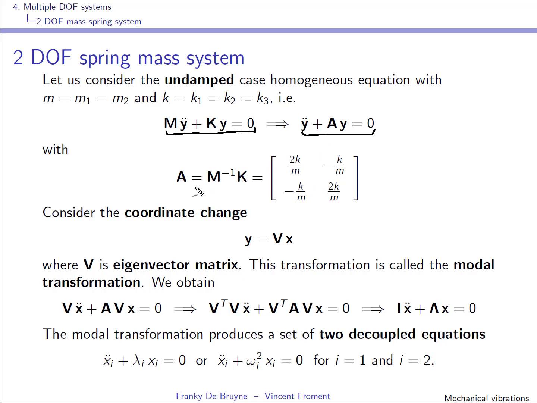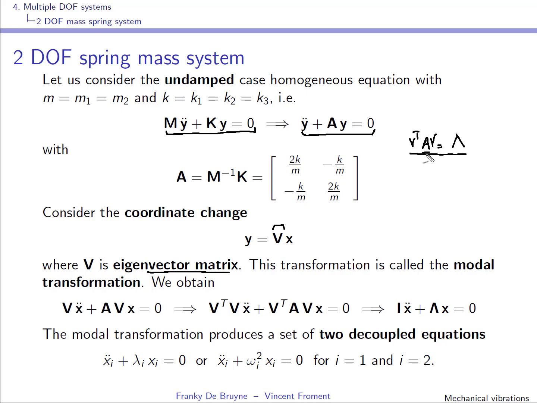We've computed the eigenvalues and the eigenvectors of this matrix A. This matrix A is symmetric, so we can take the eigenvectors and put them in a matrix V, and this is the eigenvector matrix. And since this matrix is symmetric, we know that V transpose V is a diagonal matrix. This is how we can